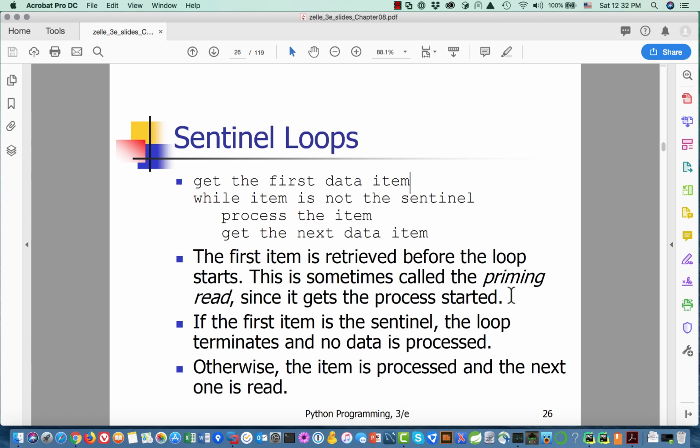So one of the things that I'm going to do in the programs that I'm going to have you create for this chapter is I'm going to have you assume that it's always possible to get no useful input. It's always possible to have an empty list of things to process. Okay. If you don't assume that, you can accidentally try to do things that will bring you harm. Like, for instance, if we're trying to add up a list of integers and we're going to try to find the average,